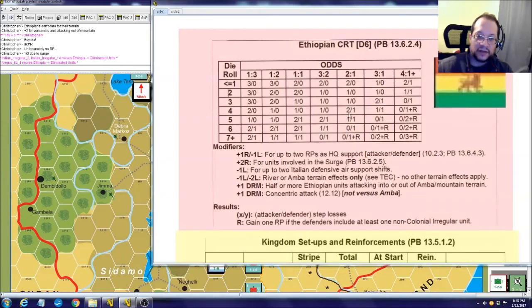And you get a 1/3 chance of taking 2 losses. Remember, for the grand offensive, you're increasing losses by 1. So even on the highest column, on a grand offensive, you can roll and get a 1, you have a chance of taking 3 losses. So the Ethiopians get bloodied up when they attack, but they also have a good chance of inflicting step losses